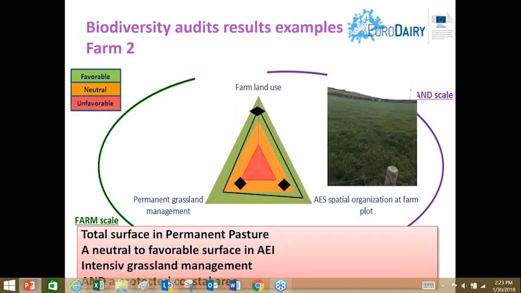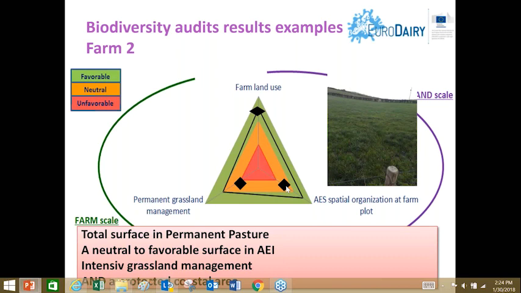The second farm was different in how it found a trade-off. Same as the first one, the farmland use was very favorable again because this farm has the total surface in permanent pasture, which is always good for landscape biodiversity. But